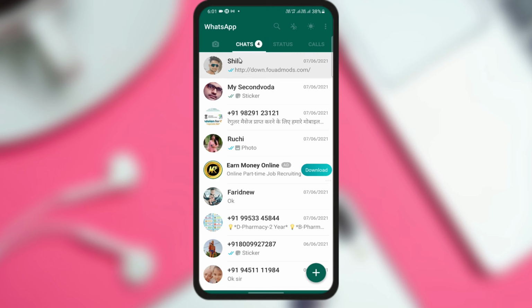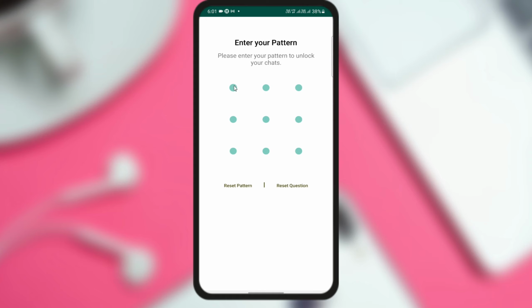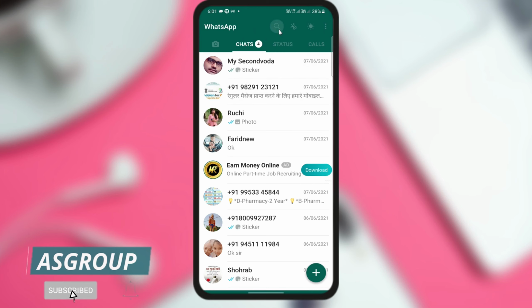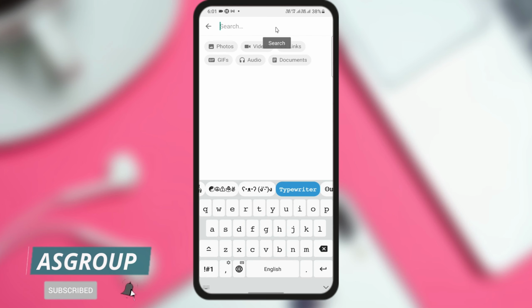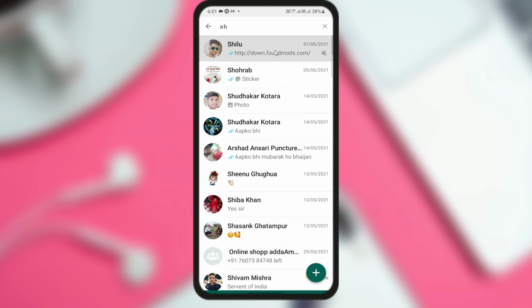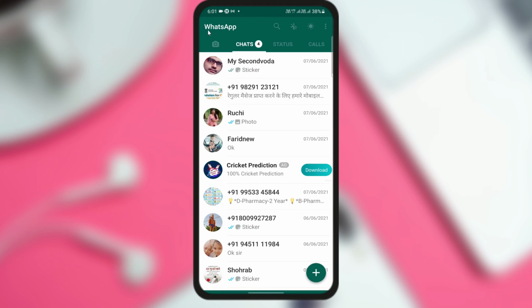In the previous version we had an issue that when we hid any conversation, it was still showing in the search box. Let us check whether this problem is still there or not. Once I hide a conversation, you can see that it is hidden now. But when I search here and type the name, it again comes up in the search box. You can see that it is given in the search result. So there is no benefit in hiding a conversation. Hidden conversations are not as safe as we were thinking.